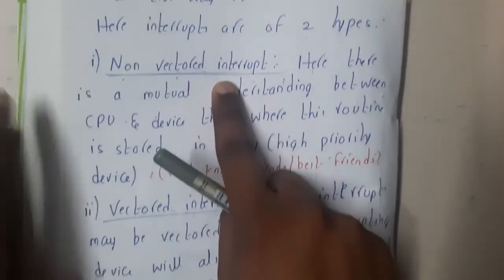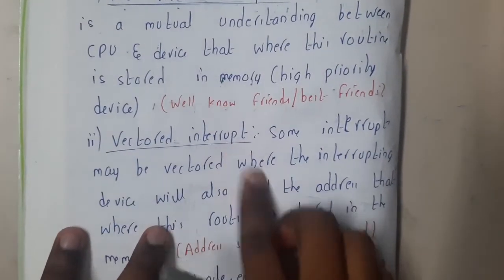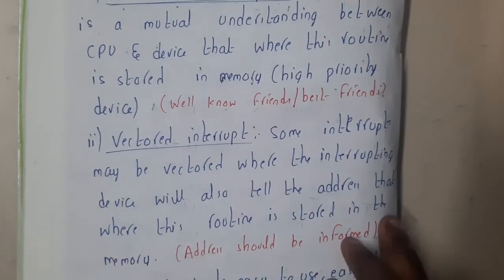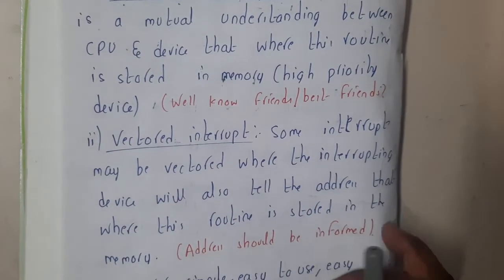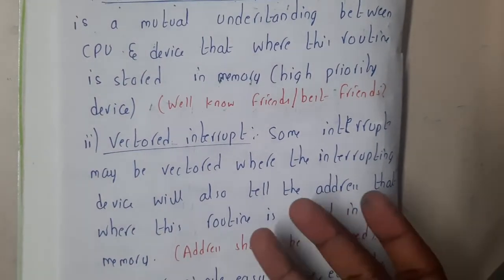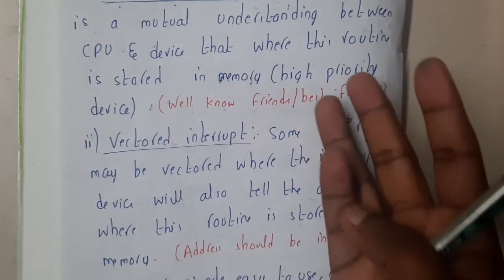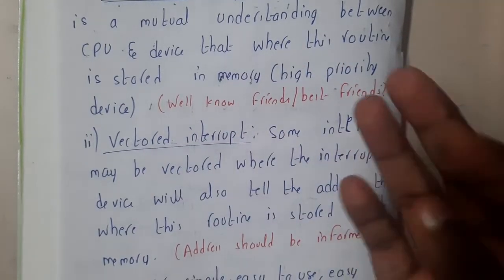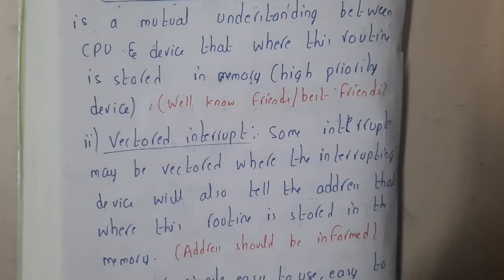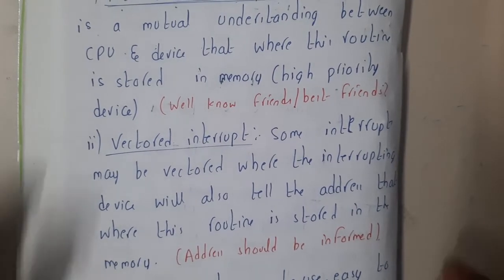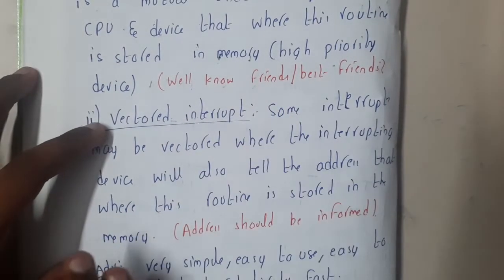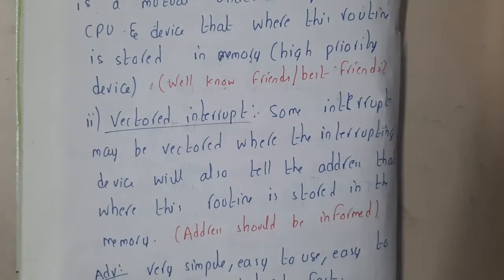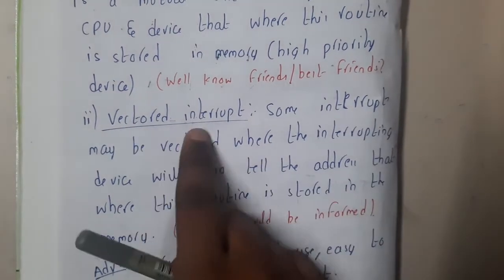Got it? Similarly, vectored address. Basically you got a new friend in engineering and that is the first time you are going to his home. At that time you will ask for his home address. You will be more confused, asking for his location, house number, door number and all those things. Again, there will be some security, asking who are you and so on. So this is a vectored interrupt. You don't know exactly where his house is, so you ask him and he informs you of the address. So that is a vectored interrupt.